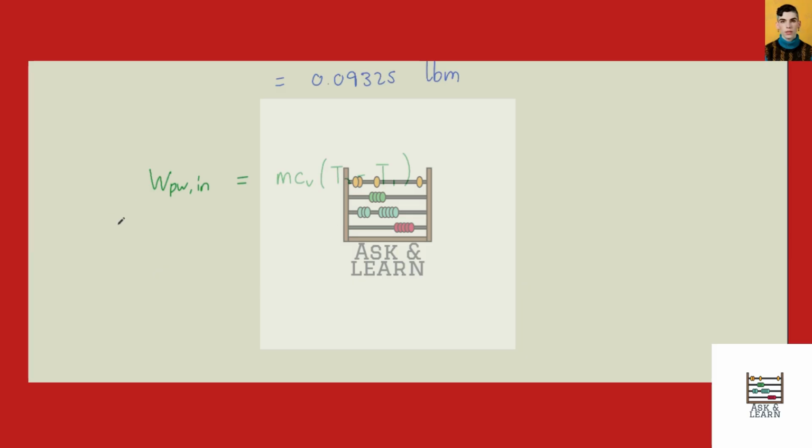So this is 5,000 pound force feet, and we'll convert this to BTU, since we know that 1 BTU consists of 778.17 pound feet of force,